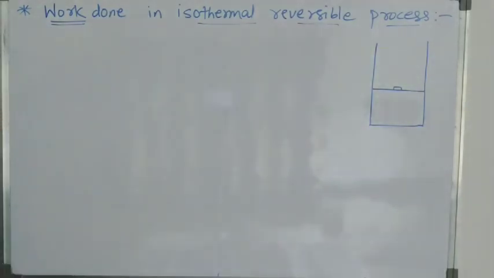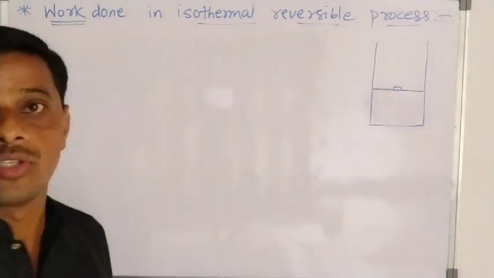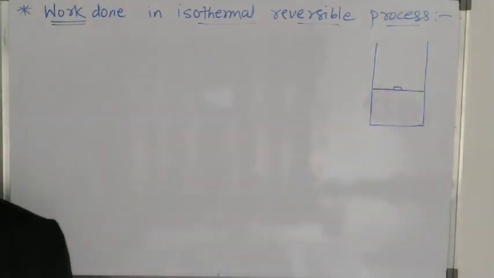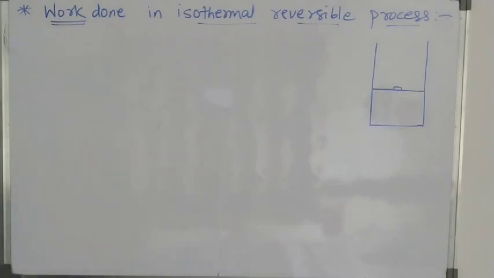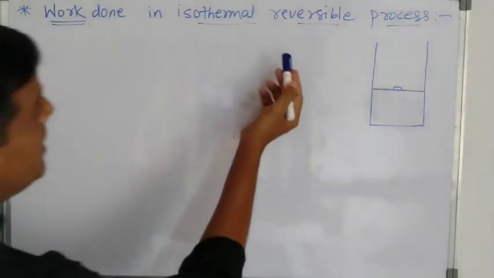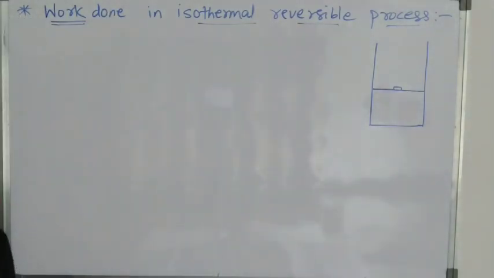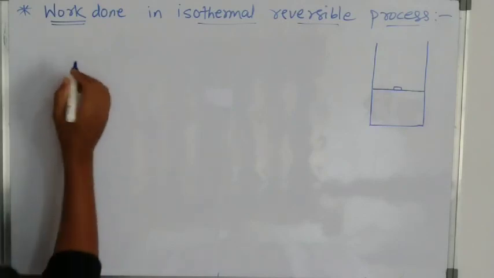And the last term which is used in this concept is reversible process. There are two types of processes, reversible process and irreversible process. The process which can be reversed is termed as reversible process. Let us take an example. Suppose